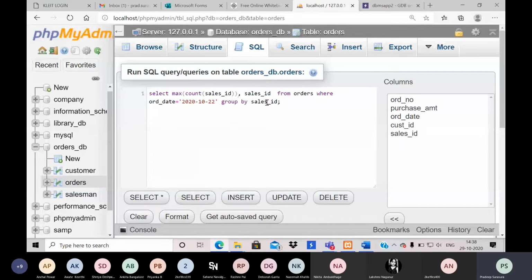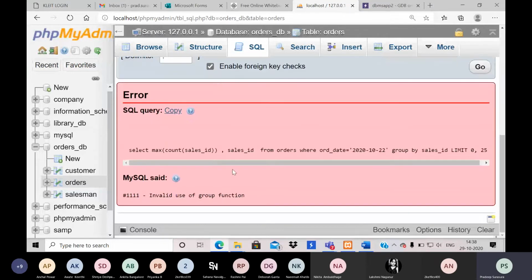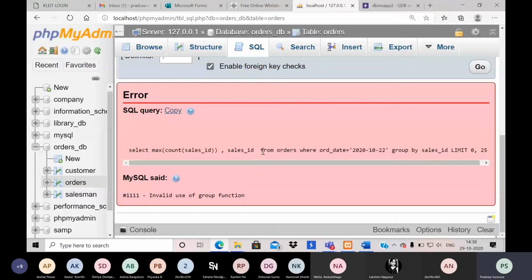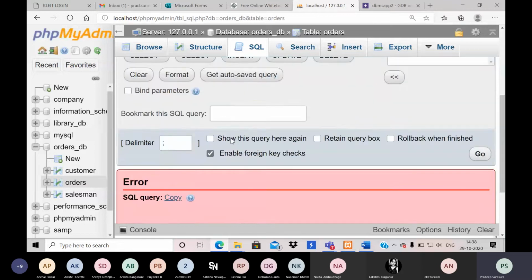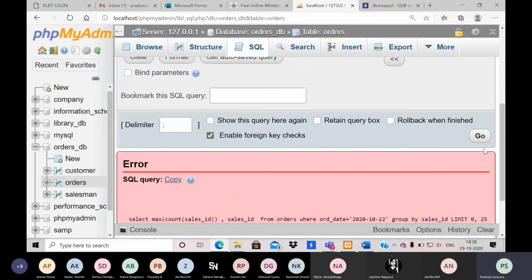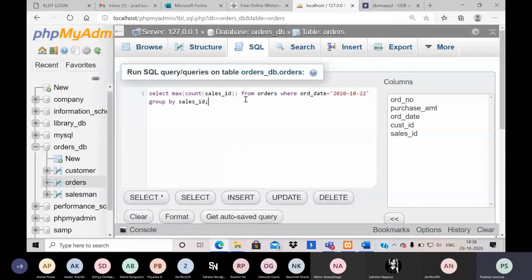What it says is group by sales ID limit of 0,2, sales ID from the order, invalid group function. This was absolutely working fine in the previous one. I don't know why it is throwing an error with this.